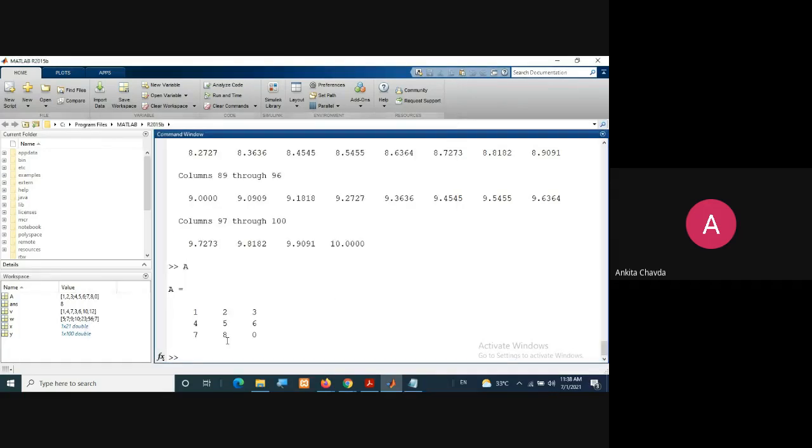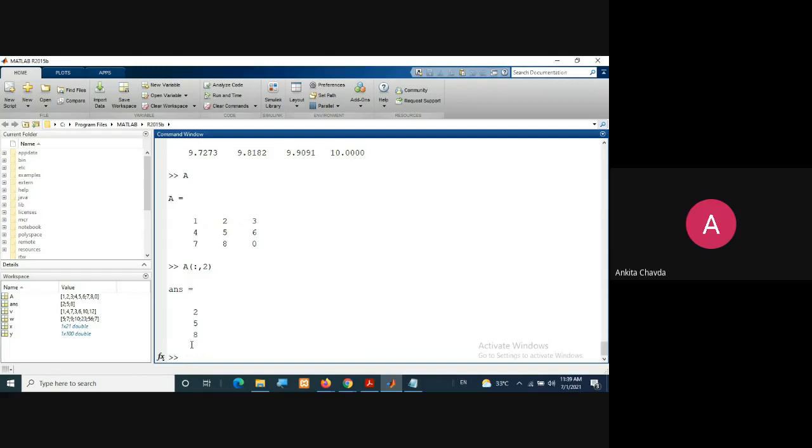But now what I want is suppose all the rows but a particular column. So how I can write? Whenever you are using the word 'all', you have to speak it like each and every row but this column. So for each and every row, it's a colon, right? So it will include each and every row, but you want the specific column. Suppose you want only 2, 5 and 8, the second column. So you can write here 2. So it will show you only the second column.